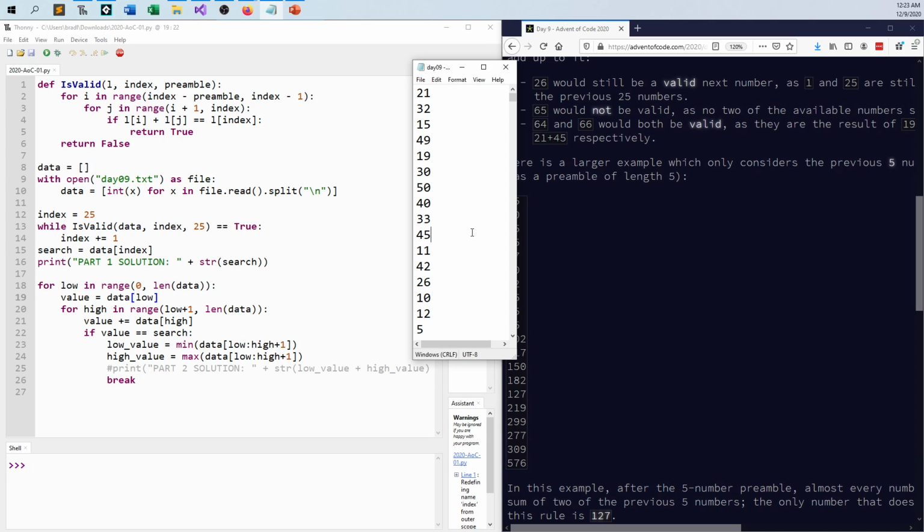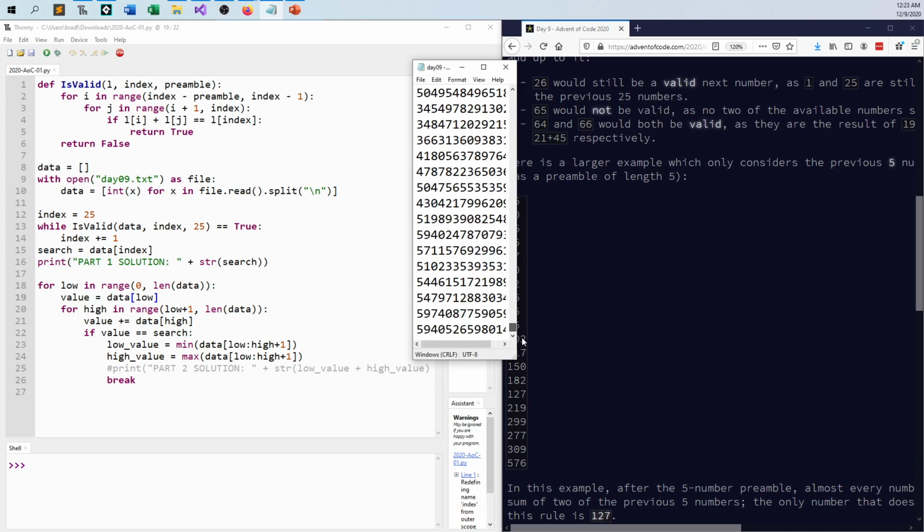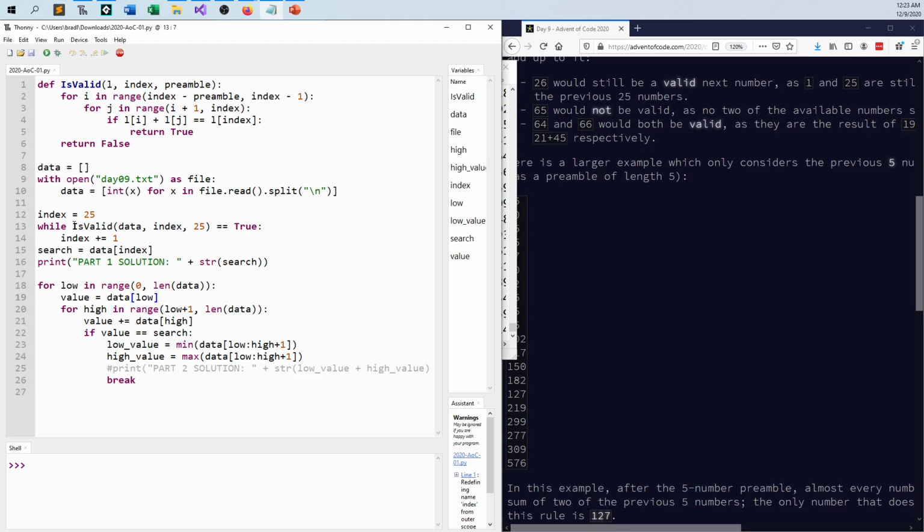So the case was for this giant data set with numbers that go up way beyond 32 bits, you have to use long longs for these things. What is the first number that comes up false? I just open the file, take the strings in, convert them to integers, and then start at index 25, looking at the previous 25. If it comes back valid as true, just go to the next index. Try again, try again, try again. And I know I'm going to need that value for part 2, so I just print it out, and the answer comes out to be